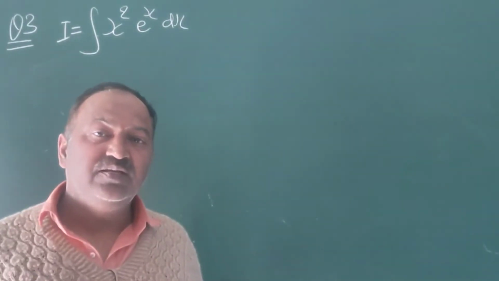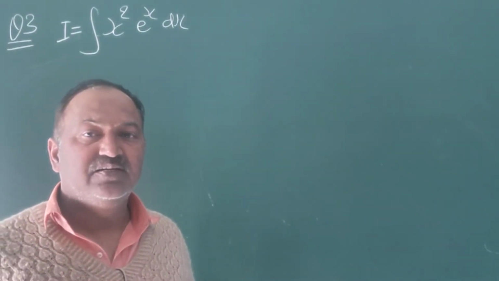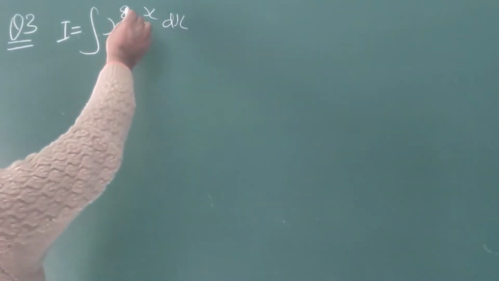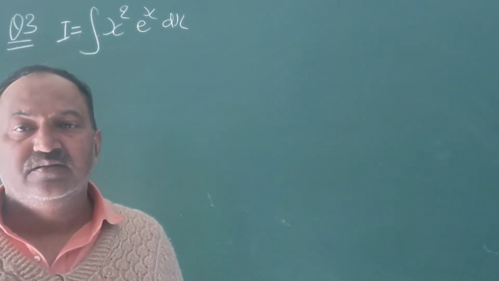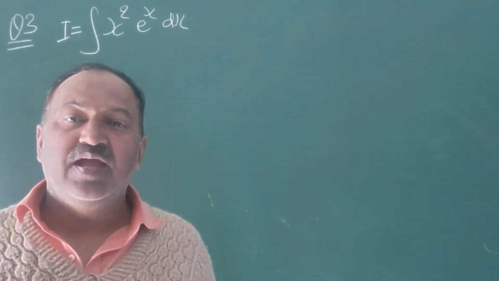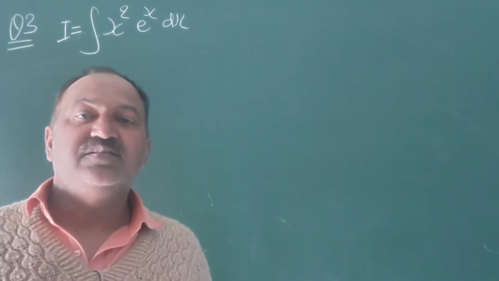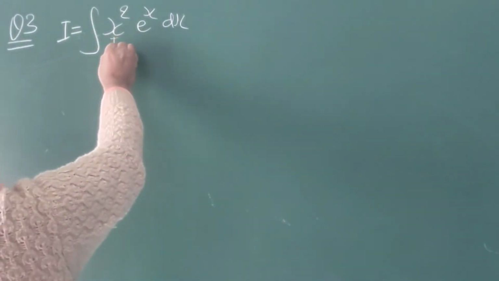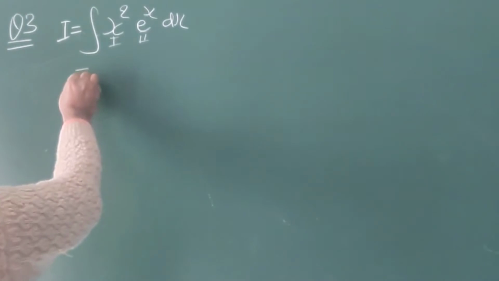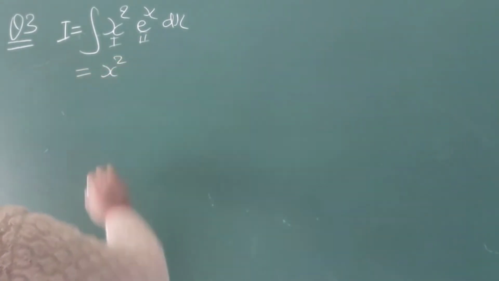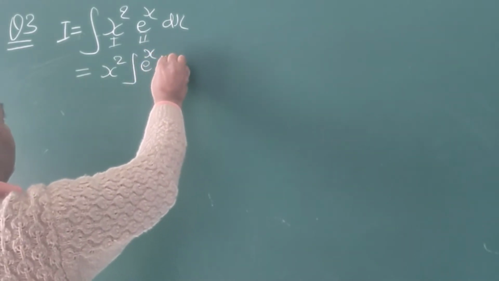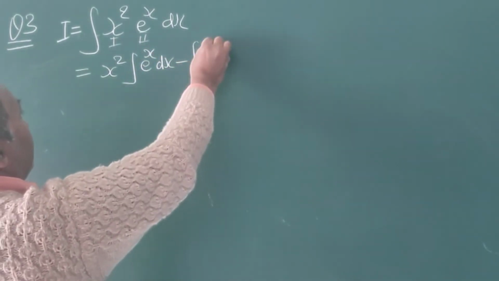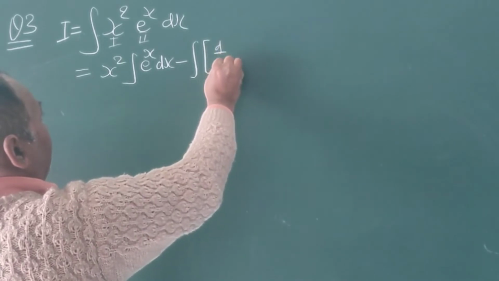Now question number 3, exercise 7.6. Integrate x square into e raised to power x dx. In this case, algebraic x square is taken as the first and exponential is taken as the second. And applying the formula of integration by parts, we get first function as it is integration of e raised to power x dx minus integration of derivative of first